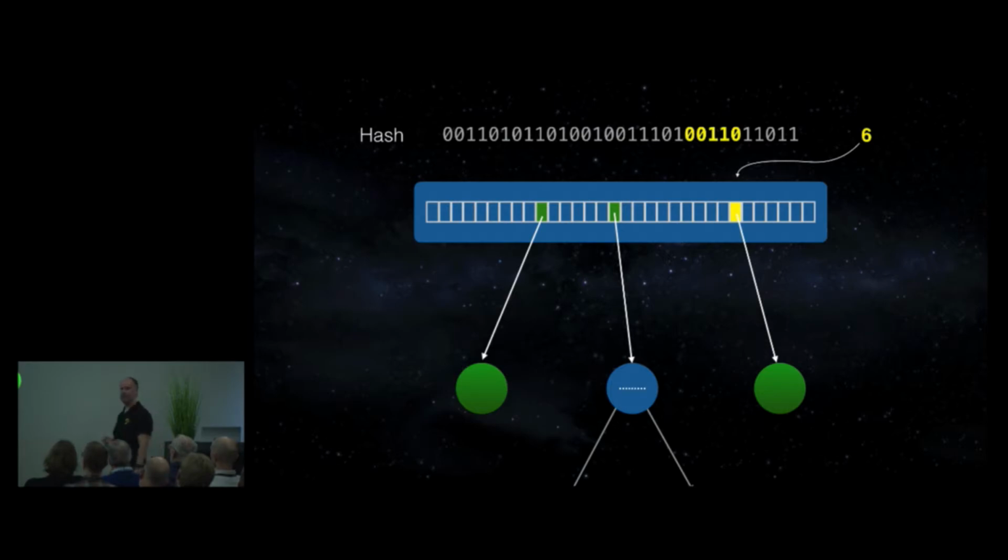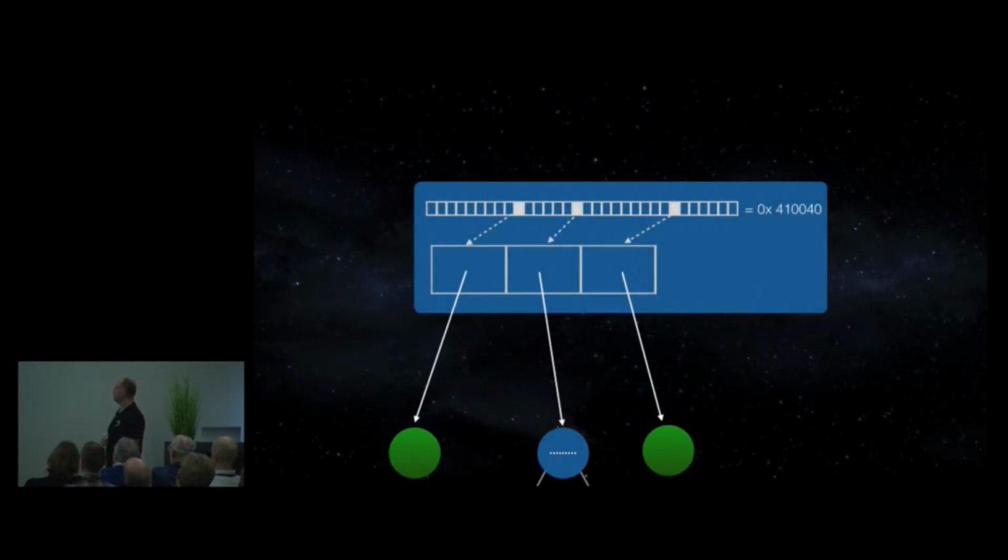So it sort of smells like we want some sort of sparse array to hold these, and that's exactly what we're going to do. So what we do is we have a compact array which has just enough slots for the number of pointers that we need, 3 in this case. And then we have an additional integer which acts as a bitmap into our compact array. So if you imagine a virtual sparse array of 32 slots, each unset bit just corresponds to a null pointer, and a set bit to a pointer in the compact array.